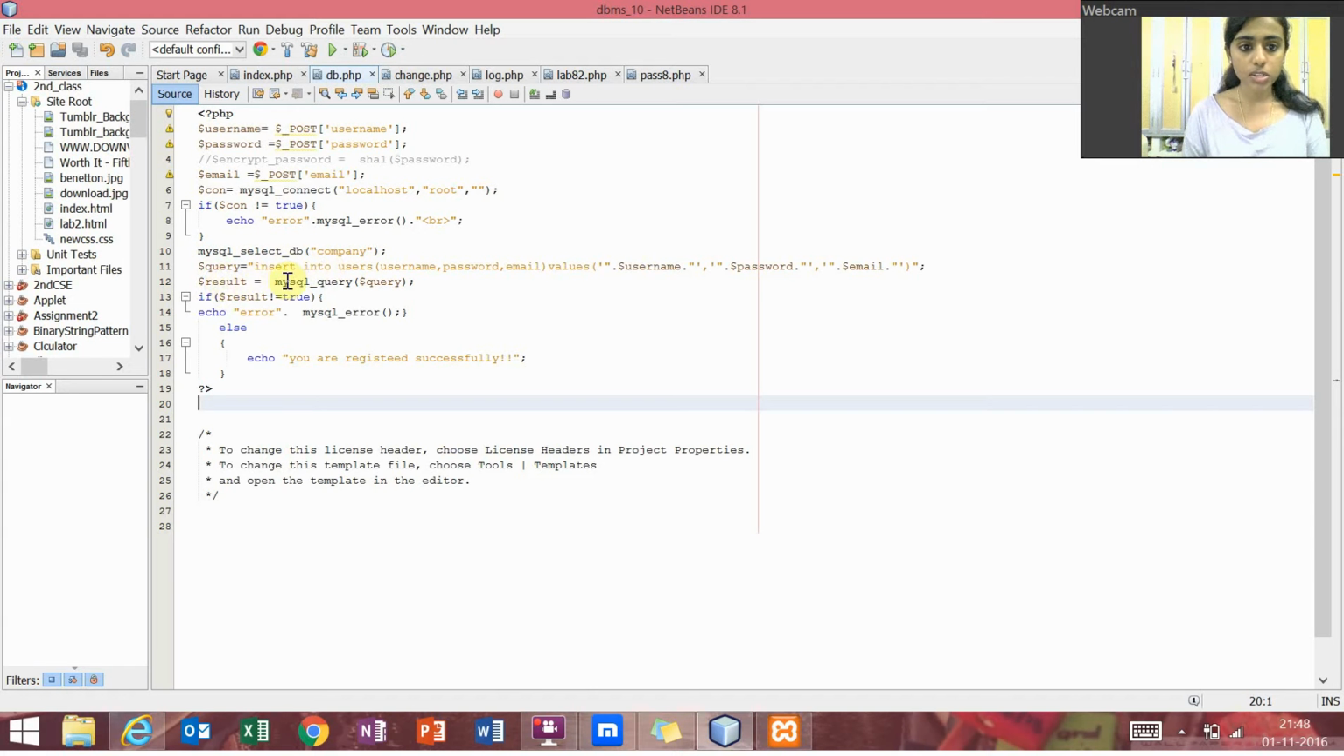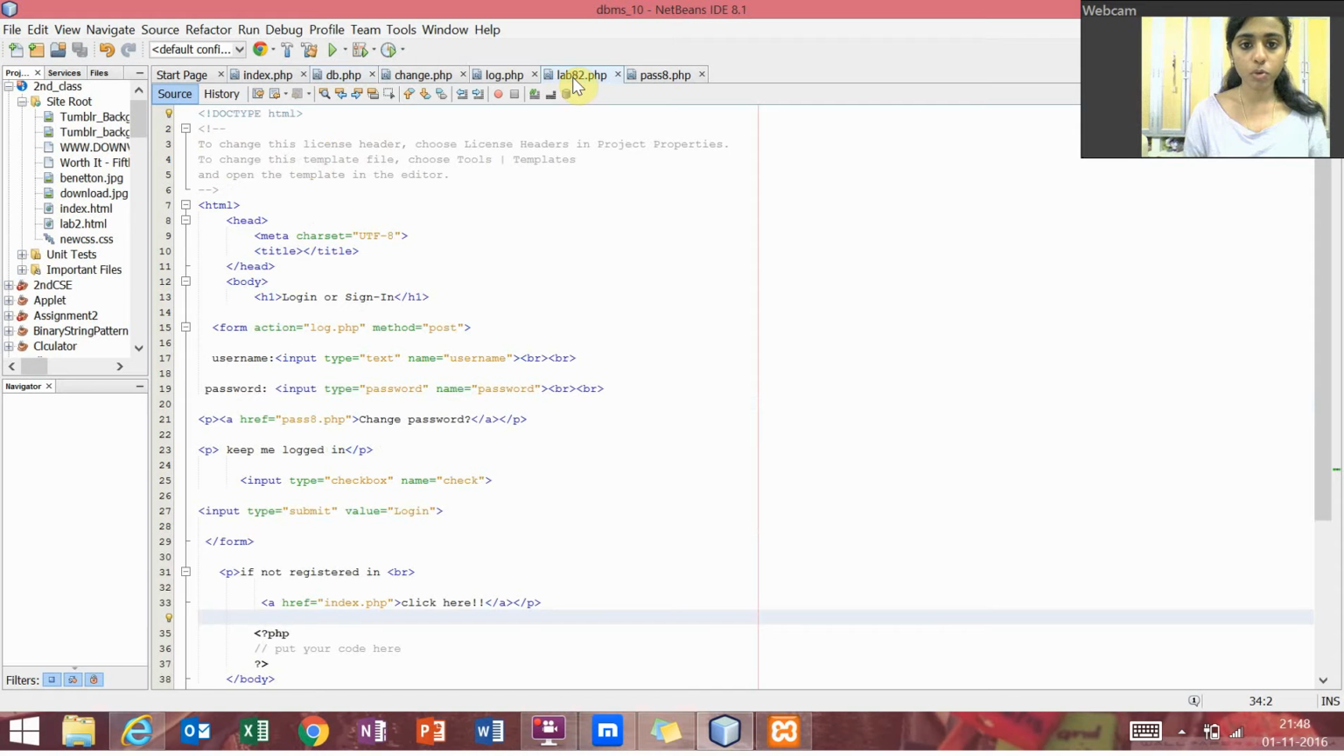Then $query equals insert into users, that is my table name, username, password, email, and values as whatever values are retrieved from my text boxes. Then the result I will be establishing in mysql_query($query). Then if the result is not true, an error will be echoed, else "you are registered successfully" will be displayed. Now for the ones who have already registered, the link will move on to lab82.php, wherein